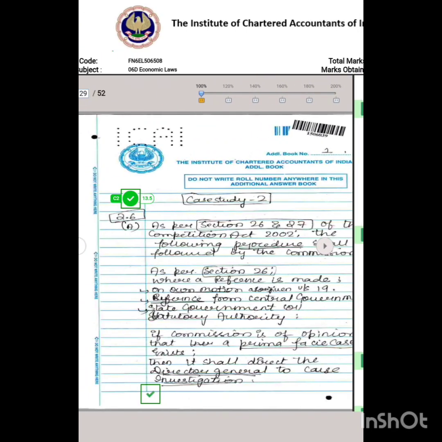So the next case study was case study 2 I wrote. This was also from our material, in which I got 13.5 marks. See, I have again written the section numbers and the name of the Act and underlining. See here, or